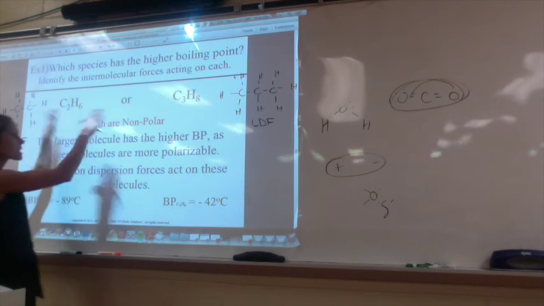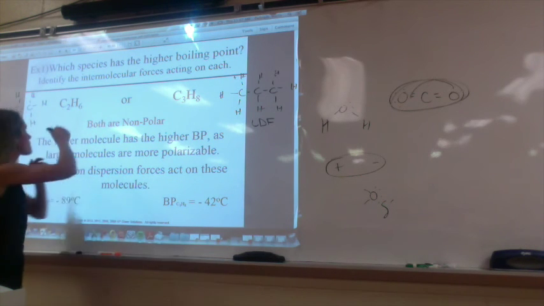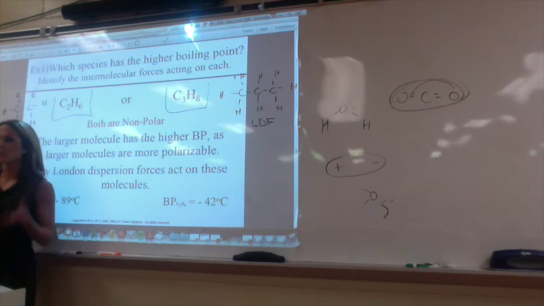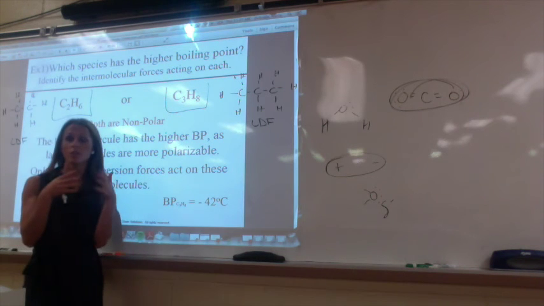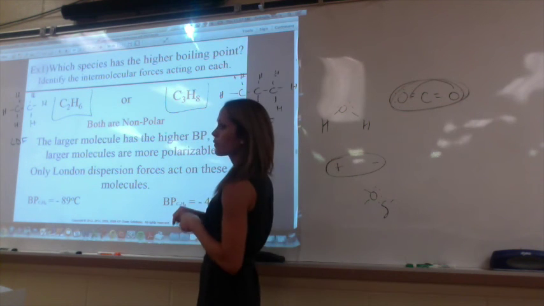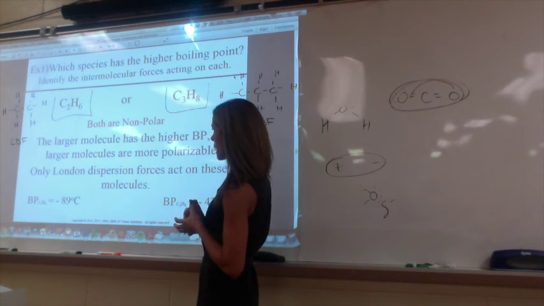There was some question in the other class. They were like, well, am I mixing these two? No, it's like a big pot of Avogadro's number's worth of each of those molecules sitting there interacting with one another. So whoever is stronger with each other is going to have the higher boiling point. So more polarizable, therefore, it has a higher boiling point.